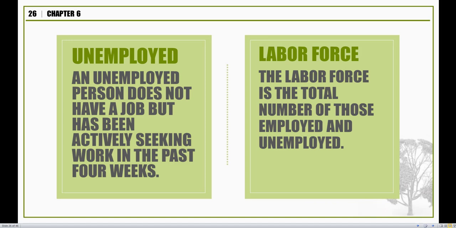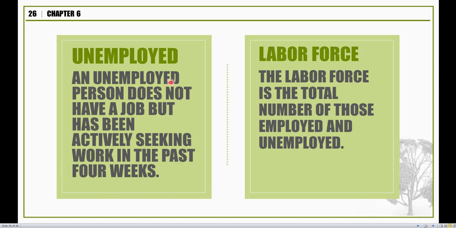If it's a passive job search, however, you're just talking about jobs with your friends, you're just browsing jobs on the internet, say on monster.com, on indeed.com, or LinkedIn, but not actually doing anything with it, then it's considered a passive job search and you would not be counted as unemployed in that instance. It has to be an active job search and it has to be within the past month.